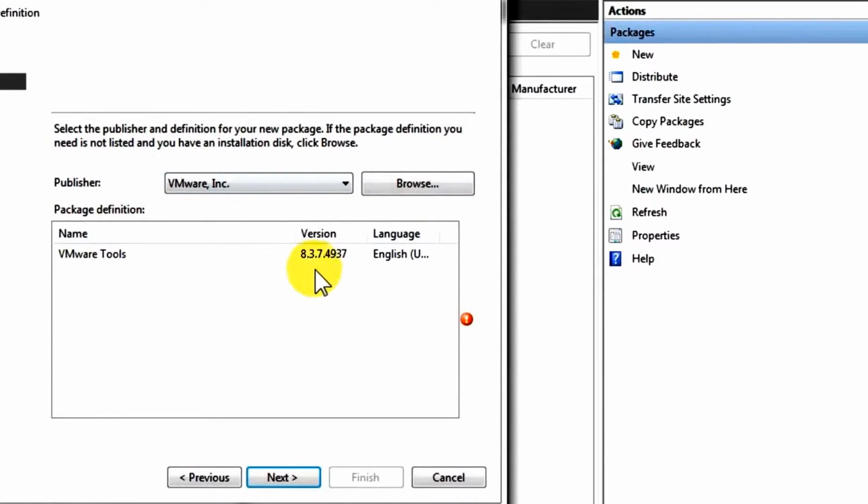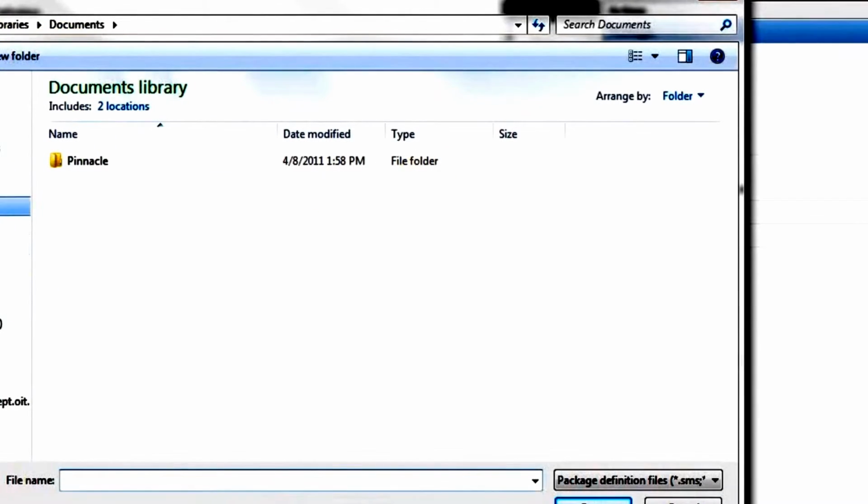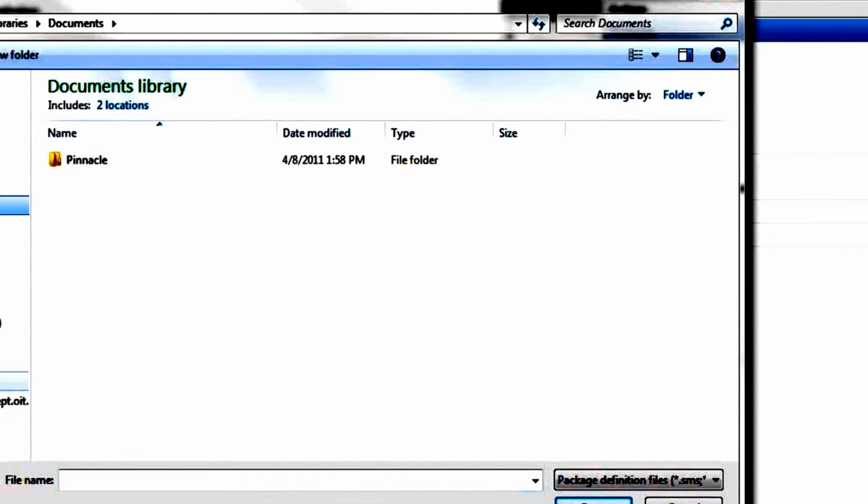Browse. And I'm going to go to my, oh Lord, where am I going to go? I don't have this under network. I do have this under network. Forgive my blundering. I will attempt to cut this out of the final